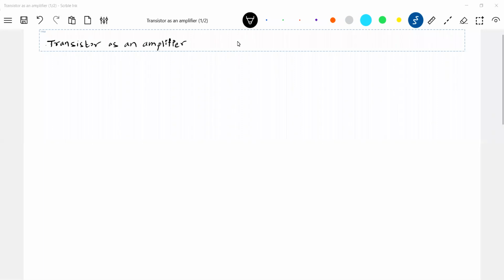Okay, now what is basically the transistor? As we know, the basic idea of a transistor is that it should increase the strength of a signal. So what is an amplifier? An amplifier is a device which will increase. So first we'll define what an amplifier is. It's a device that increases the amplitude of a signal.